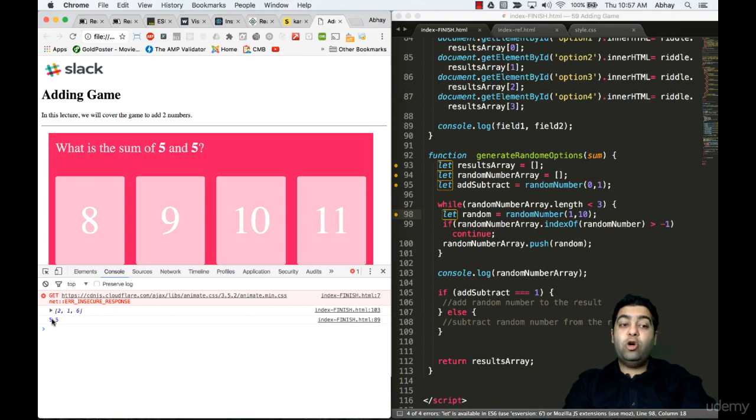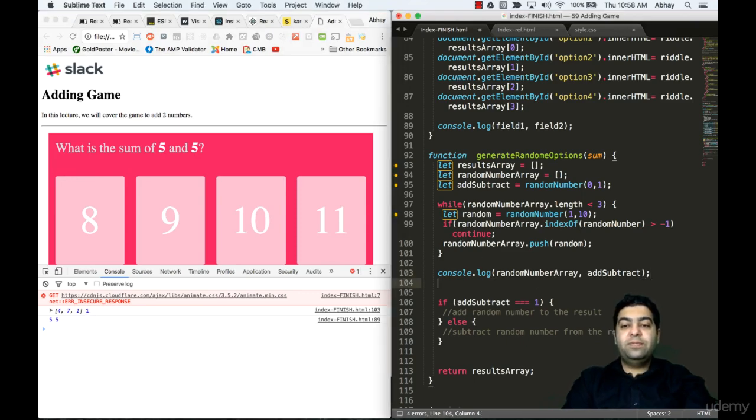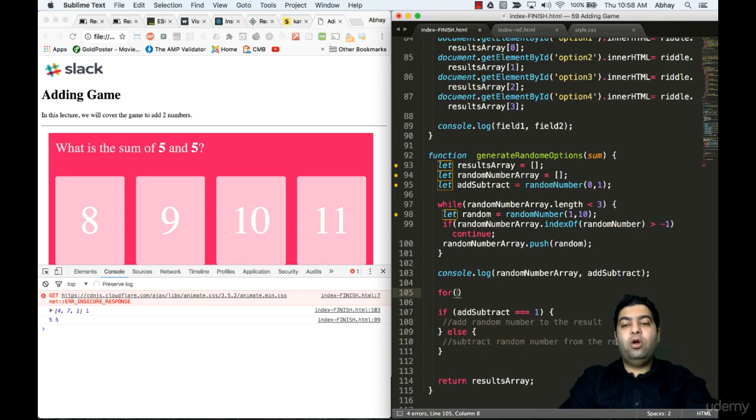And again, that will be added or subtracted from this number. So I can also get the add subtract. Let me try to print the add subtract. And let's try to see an example. So in this scenario, I'll have 5 and 5, which is 10. And then I'll add, the first time when I go in, I should get a positive 1, which means I'll have an addition of 4. Then I will have to generate it again, which means I have to run this also in a loop 3 times. So the way I can run another loop is, I can call in a for loop,